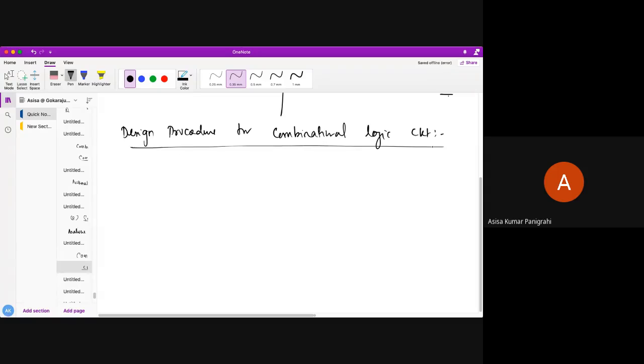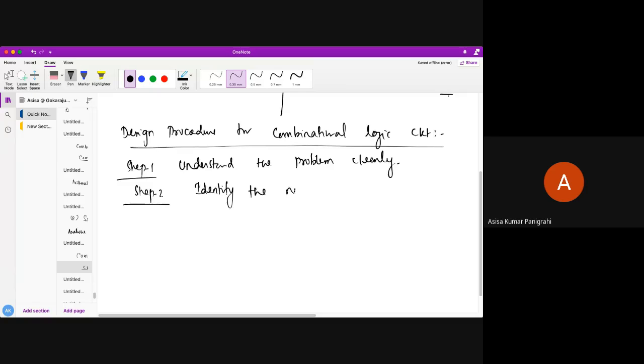Okay, so step one is, you need to understand the problem clearly. Okay, next step two would be, identify the number of input and output variables required for that design.